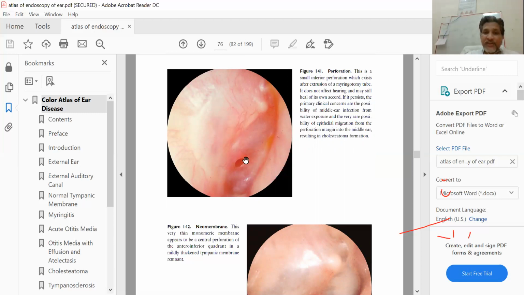So a small size perforation always complicates the picture in the middle ear by withholding the secretion. The amount of secretion is much higher, and the size of the perforation is quite small. So most of the secretions are not able to come out, and most of them are entrapped in the middle ear, leading to a chronic focus of inflammation, and hence the middle ear will not settle down for a prolonged period of time.